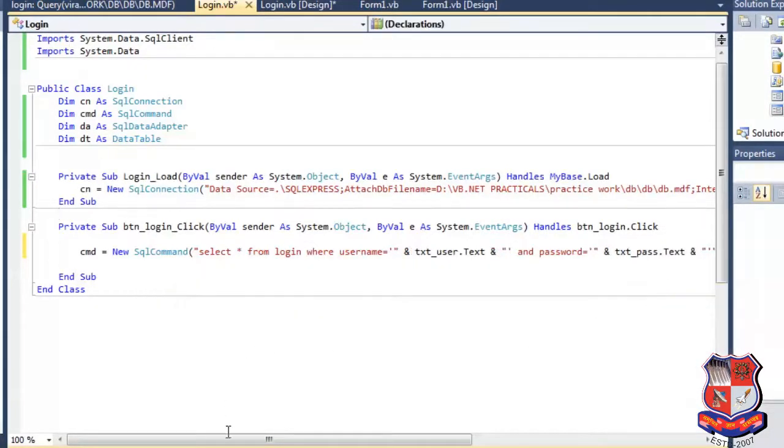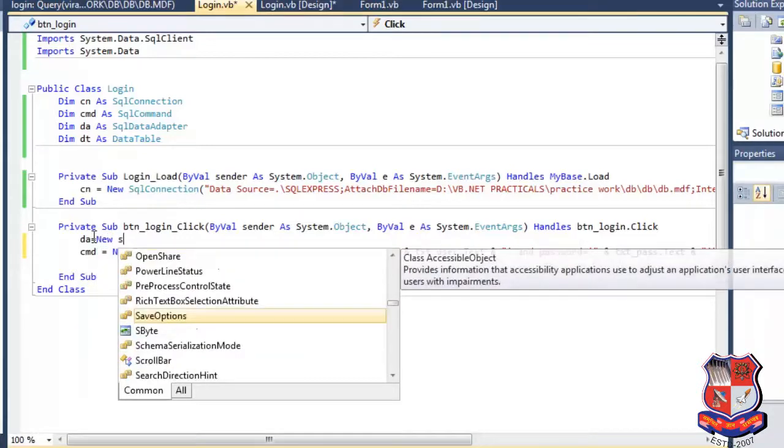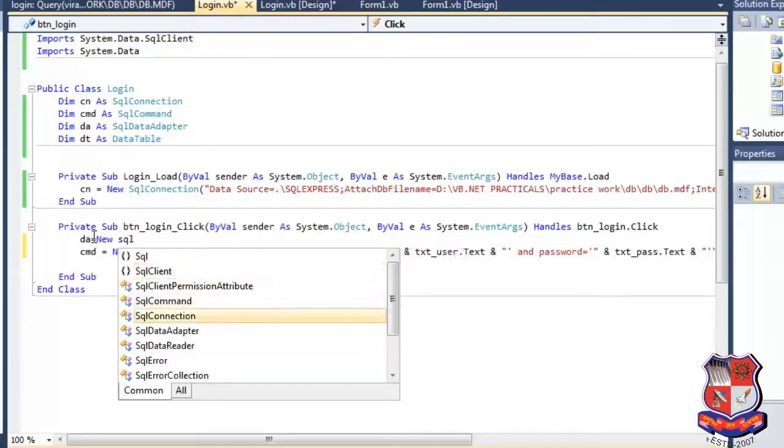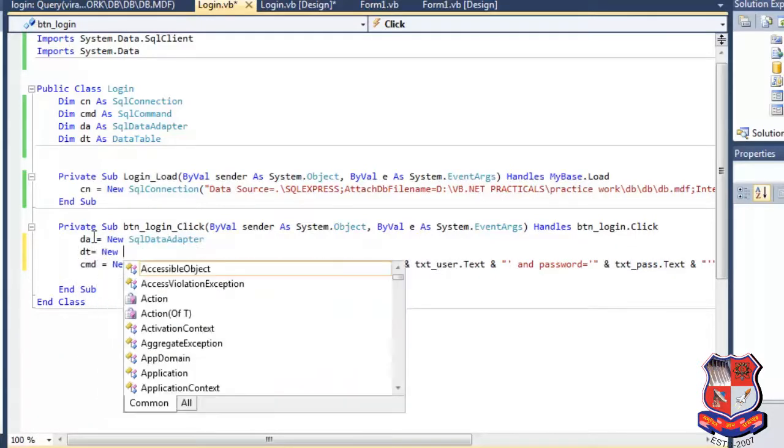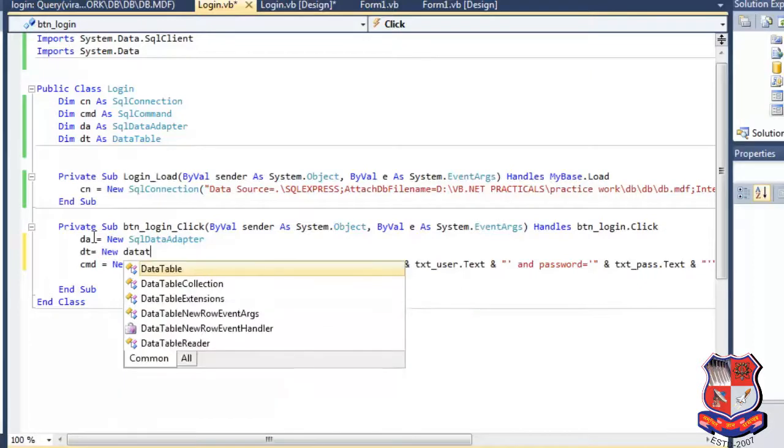Okay, so we have initialized our query with the SqlCommand class. We are using two more classes, SqlDataAdapter and DataTable, so we have to initialize both: da equals new SqlDataAdapter, dt equals new DataTable.